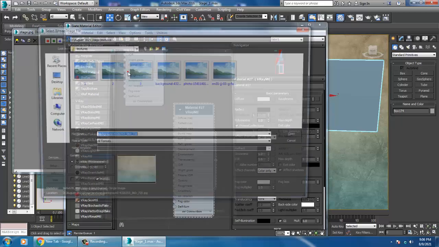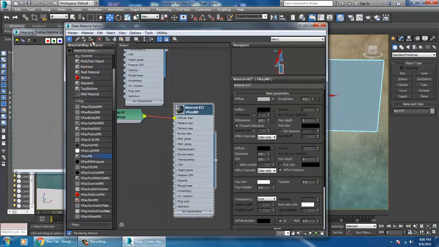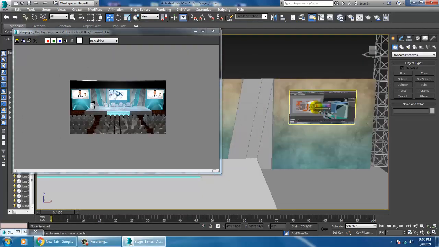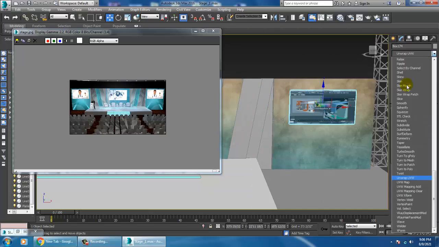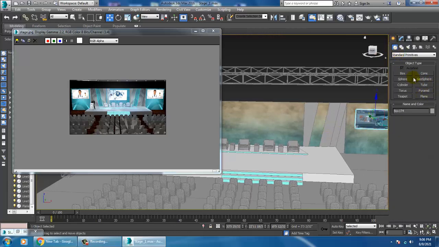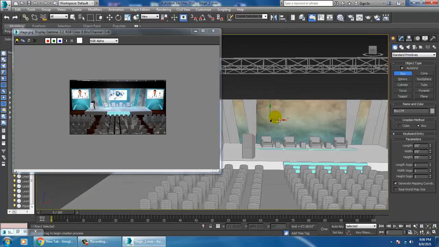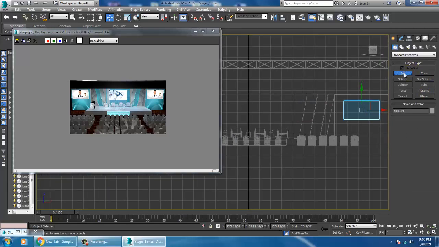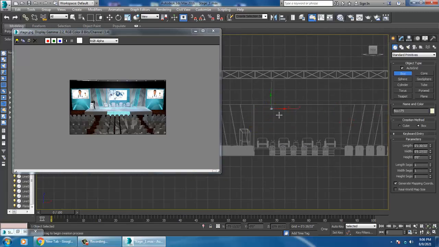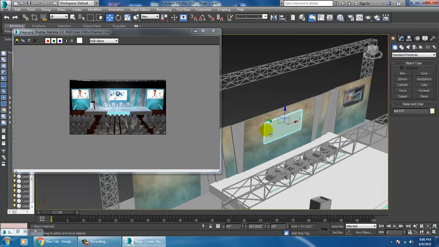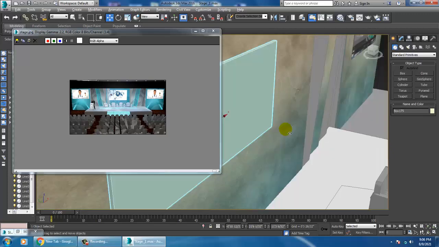I have a few textures for this, so I'll just assign the texture over here. UVW map. Let's again go into this, activate the auto grid part. Slightly, just push it over here.